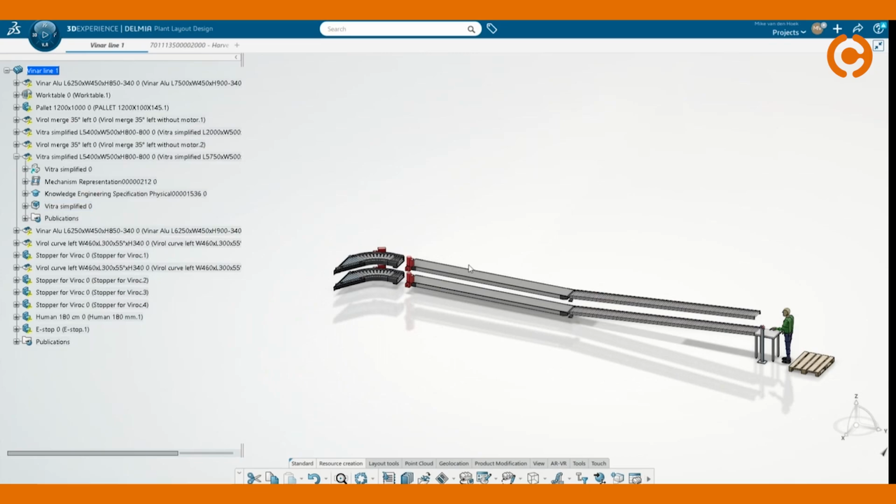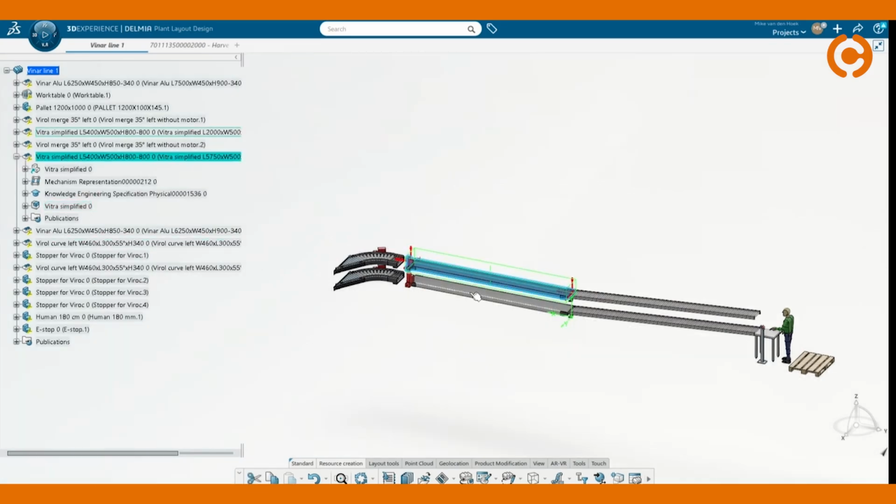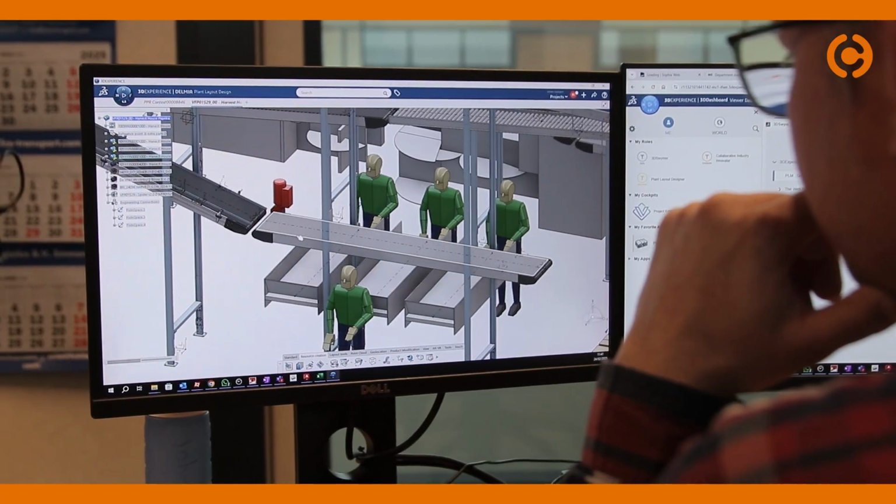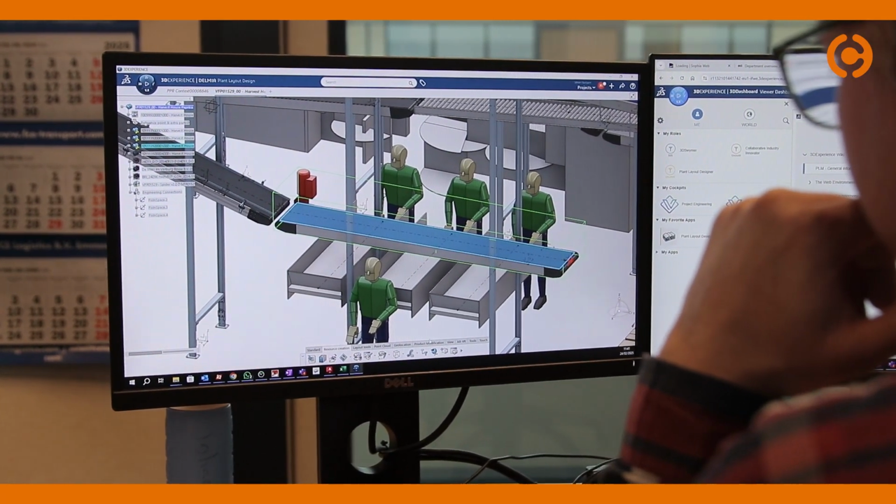Previously, what we noticed, of course, was that the machines are designed in 3D, and most of our designs for customers have some vertical element to them. For example, conveyors under an angle, conveyors going over each other, and in 2D it's very difficult to calculate all of this accurately. Sometimes you would notice on site that something is going through another machine, and then you would need to redo a small part of the layout on site, which is very expensive. When you have a 3D design, you can make sure everything is designed in the correct way, which makes sure that on site you have a lot fewer issues,